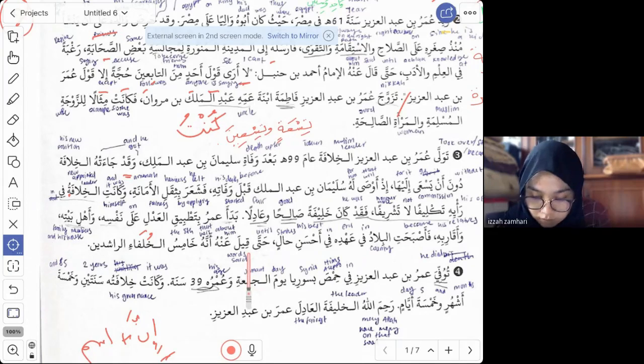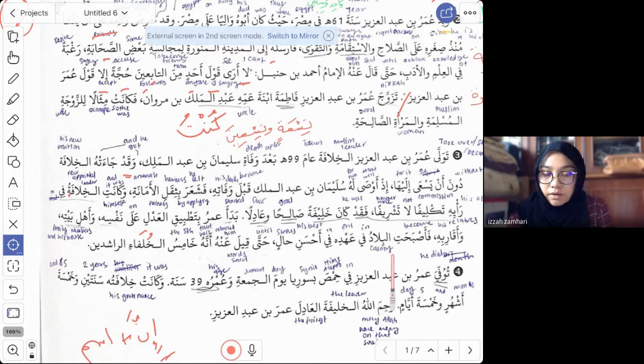Qila means it was said. Annahu means that he is. Khamis means the fifth. Al-Khulafa ar-Rashidun. So generally the sentence here means